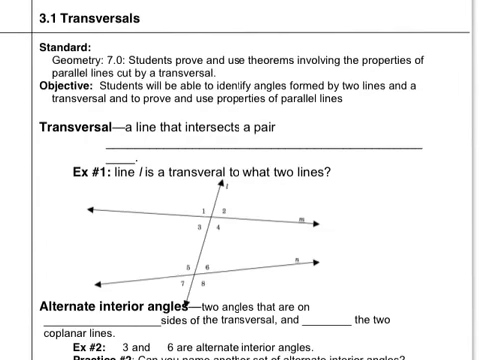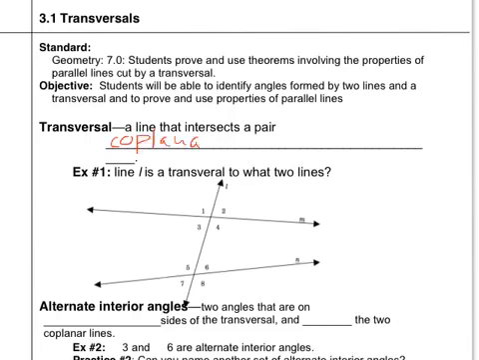Alright, 3.1 transversals. Here are the 3.1 notes. So let's start off with the objective. Students will be able to identify angles formed by two lines and a transversal and to prove and use properties of parallel lines. A transversal, this is a line that intersects a pair of